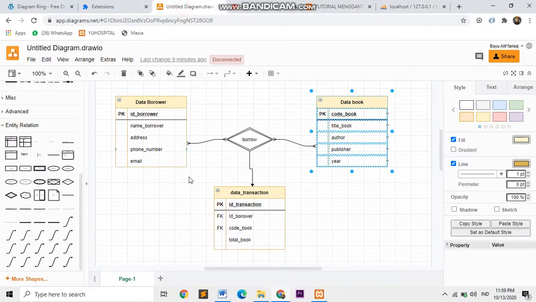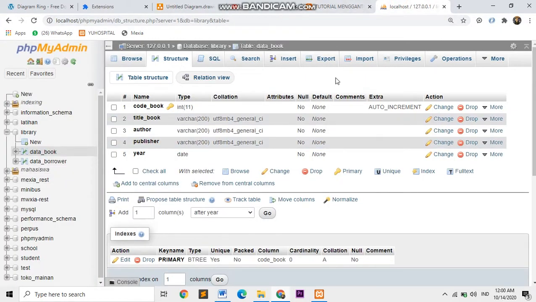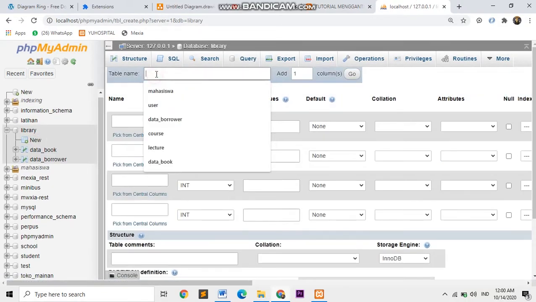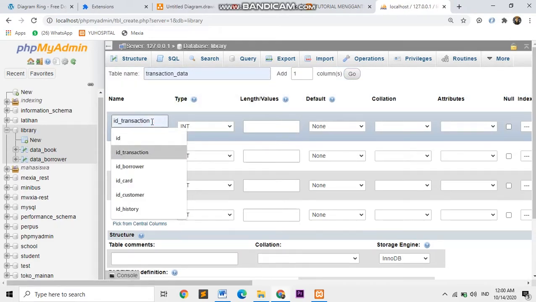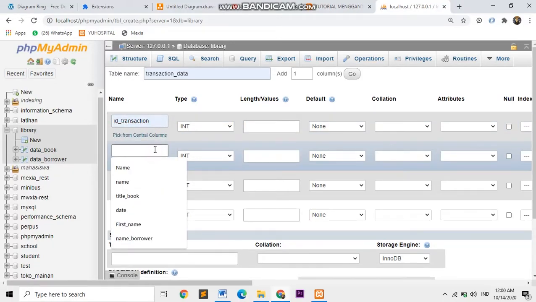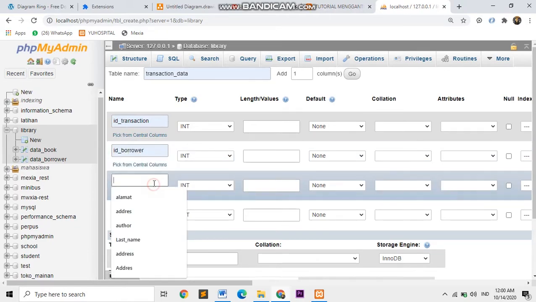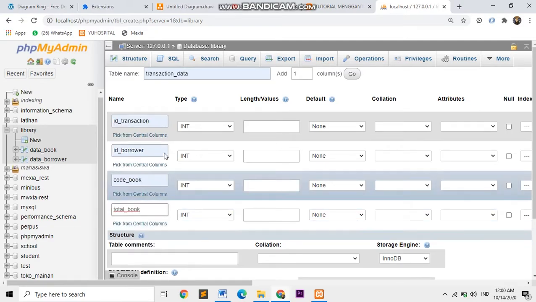Okay, the last we will make a transaction table. Click new, give the name transaction data. The attributes are ID transaction, ID borrower, ID book, oh sorry, code book, and last total book, for the example.